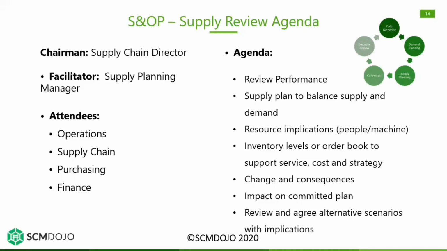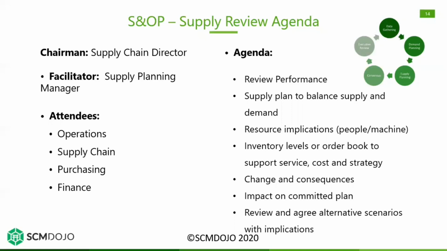Okay, so the agenda in terms of review: the performance. Have you met the numbers you said you would? Then the supply plan to balance demand, which is the key purpose of this review. Resource simplification: again, people are going to go up or down, machines will be idle or shut down. Another important aspect I would like to give while I'm talking about machines is, if you are doing any lean event, for example, my lean manufacturing team, which was a separate team, they used to work, and somehow they once designed